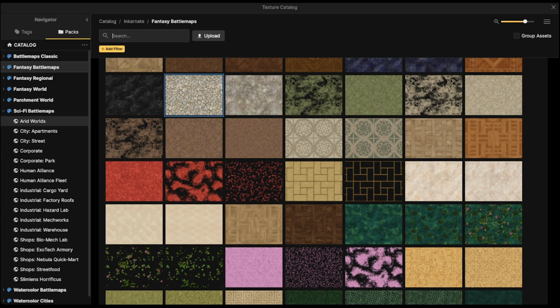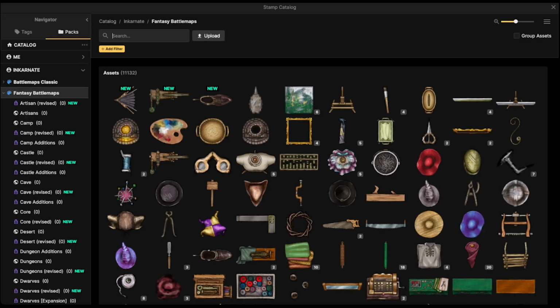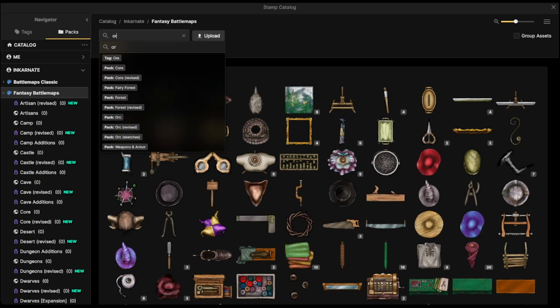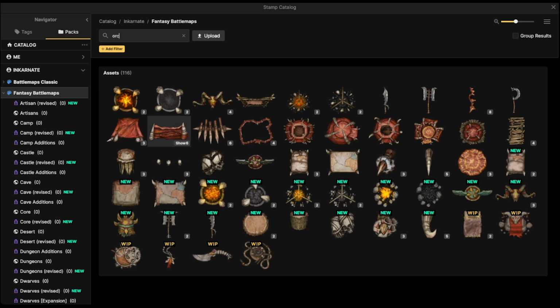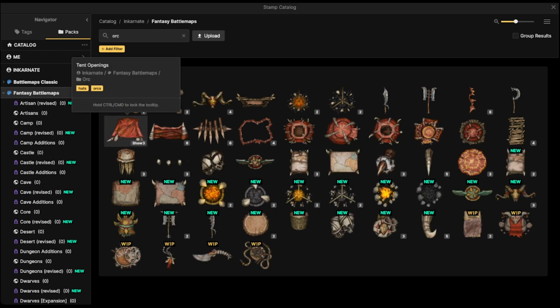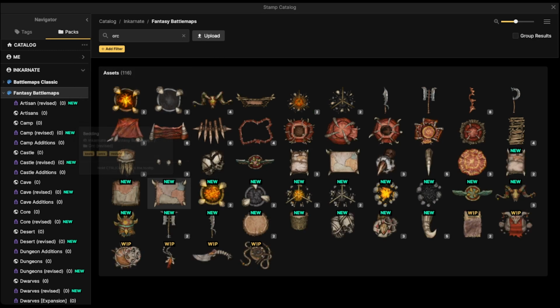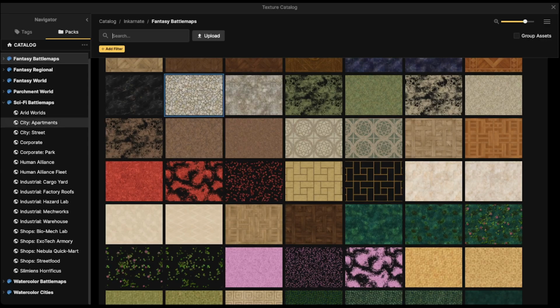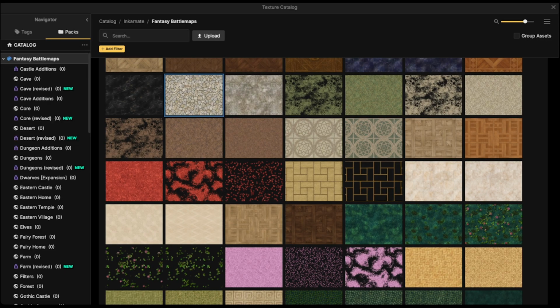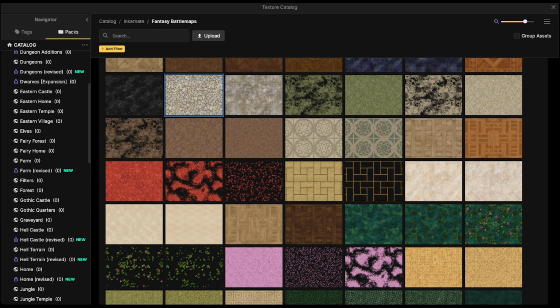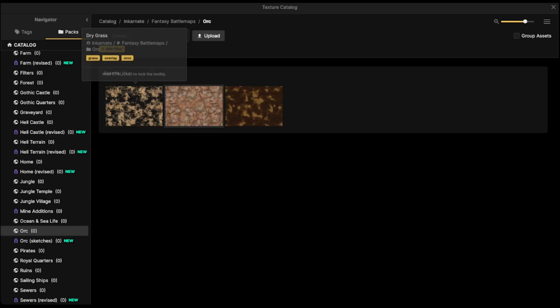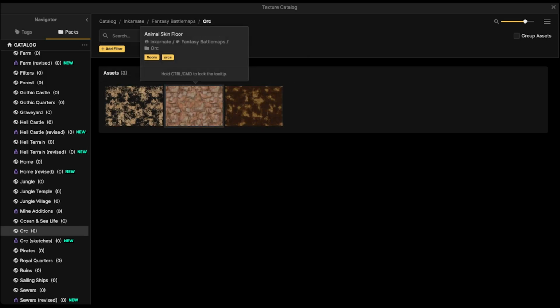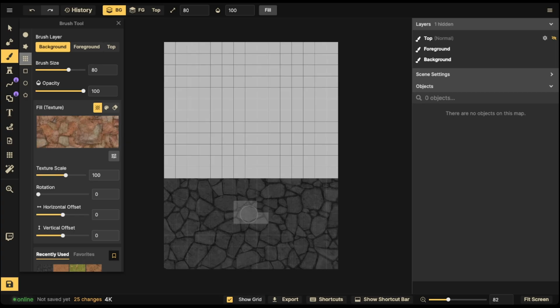Or we can just go into orc stamps and look that up as well, like orc, oopsie, ORC. So you see the different stamps here. Notice that you have some like tent openings here. You have that stuff. So something more like that look might work well. So if I go into my textures here, and you can look for things in the left panel, and you can look up orc right here, and you'll see this various stuff here. I think this animal skin floor only will have an animal skin back wall,